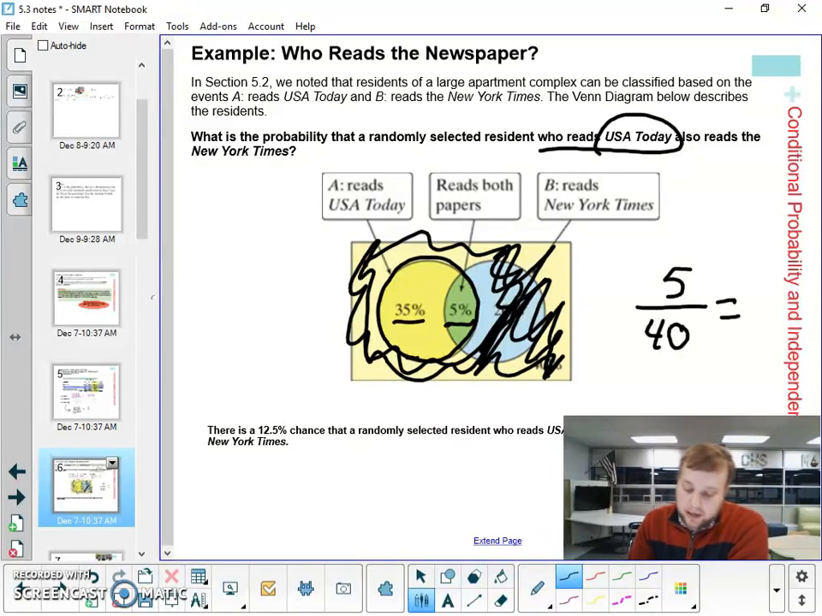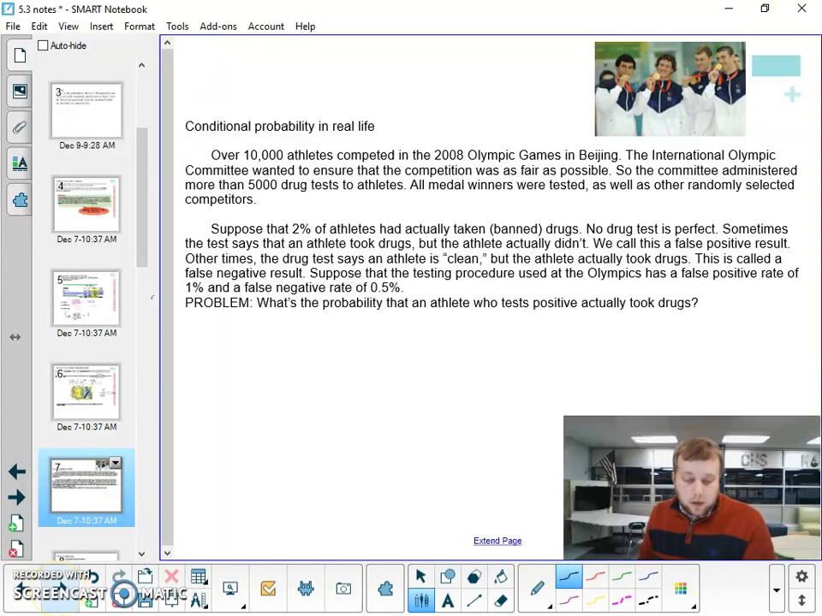Okay. And last I checked, I'm not going to take my chances. It's been a long day. 0.125 is my correct answer. That's how I would do it on a Venn diagram. Capiche? Capiche. All right, moving on. Okay,